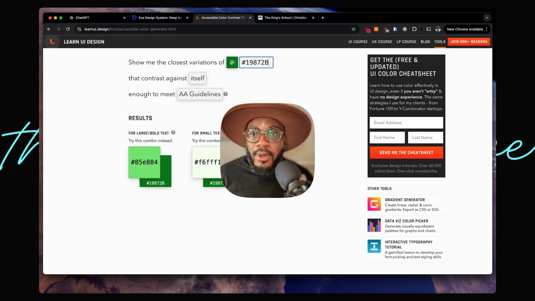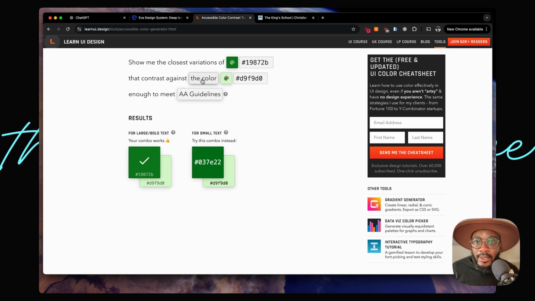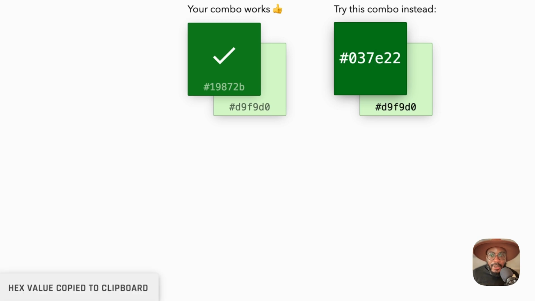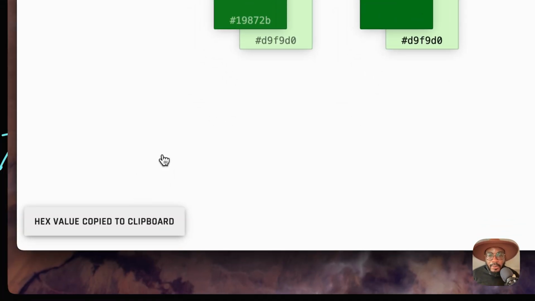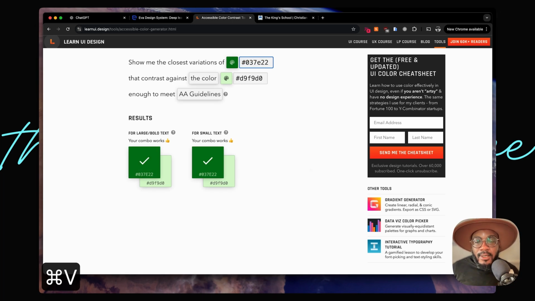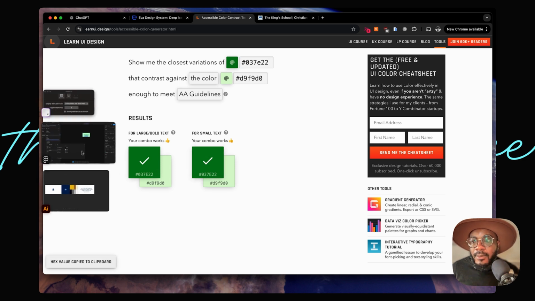Because I'm testing contrast against different colors, I just tend to use that as the color against the color. So it's telling me to use this color instead. So then what I do is I copy that. When you click on it, it tends to copy itself. And I'll plug that back into the system. And if I get two ticks, it makes it into the squad. So then I'll take this color, go back to Figma,